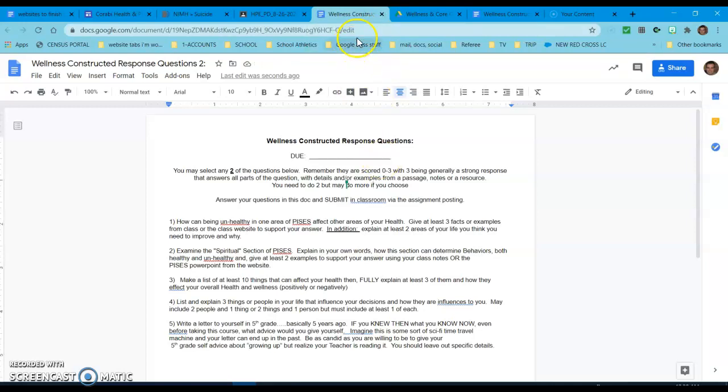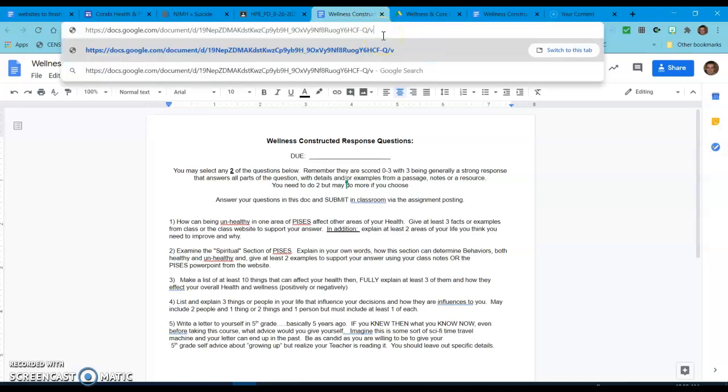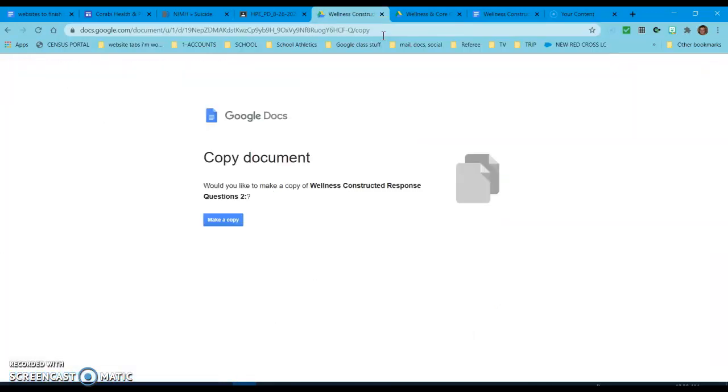And just to remember, I said it in the URL. It says edit right here. You can always just change that word. Change it to copy, change it to view, and it will do exactly what you want it to do, like I showed you in the examples already. The only problem with that